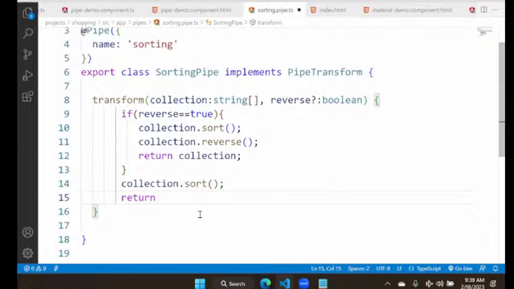It is returning that sorted collection. It is fine. Else, we have to return collection dot reverse. This is